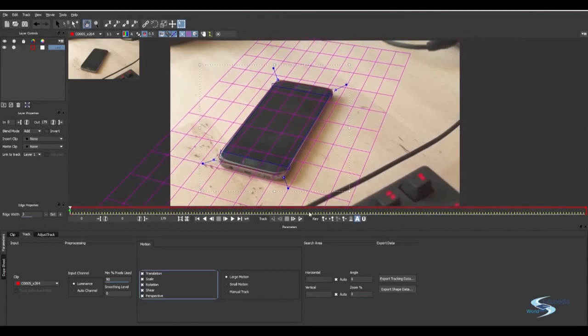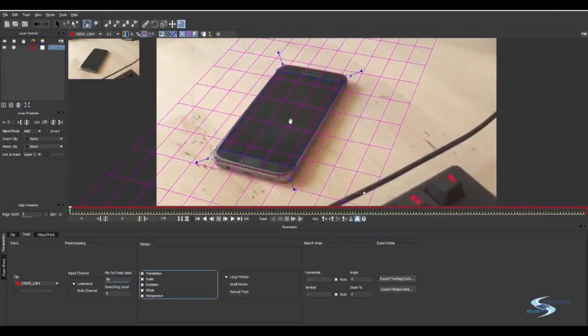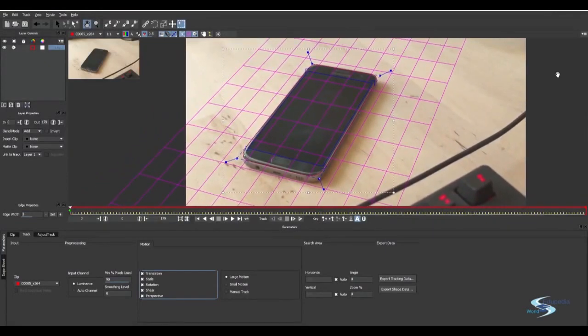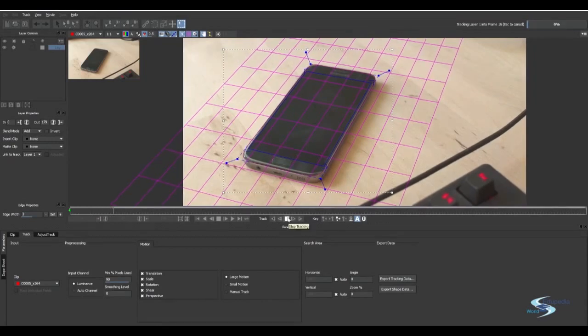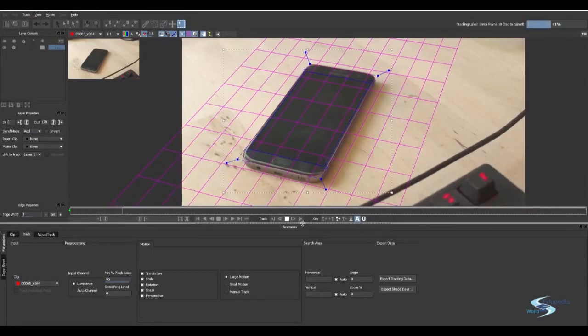So to start tracking, we want to use these controls. You can see they are the same as in After Effects. You can track to the next frame, or you can just track forwards. Before I start tracking, I want to center this in the viewer, and I want to press this button that's called stabilize. So that means it will actually hold the phone in the middle here, and then it's much easier to see. So we can start tracking forwards, and you can see up here the progress bar shows each frame being tracked, and then it's just a matter of looking at the blue square and seeing if it